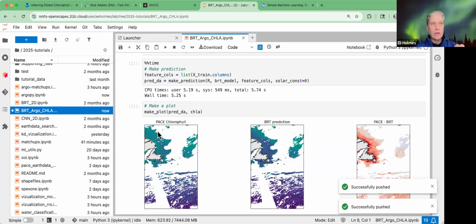This is what I'm going to be predicting. It's now going to create this big old pandas data frame with, for each pixel, all the RRS values. Then it's going to tack on the solar hour, I tell it what solar hour to use. Now it's going to make a prediction for that pixel. So now I'm going to get a data frame with a prediction for each pixel, and then I'll have to reassemble the thing